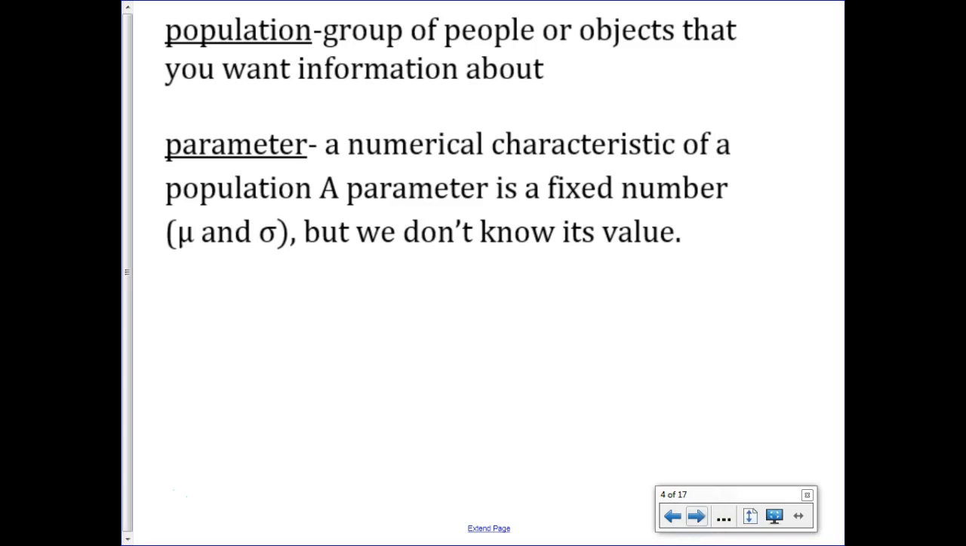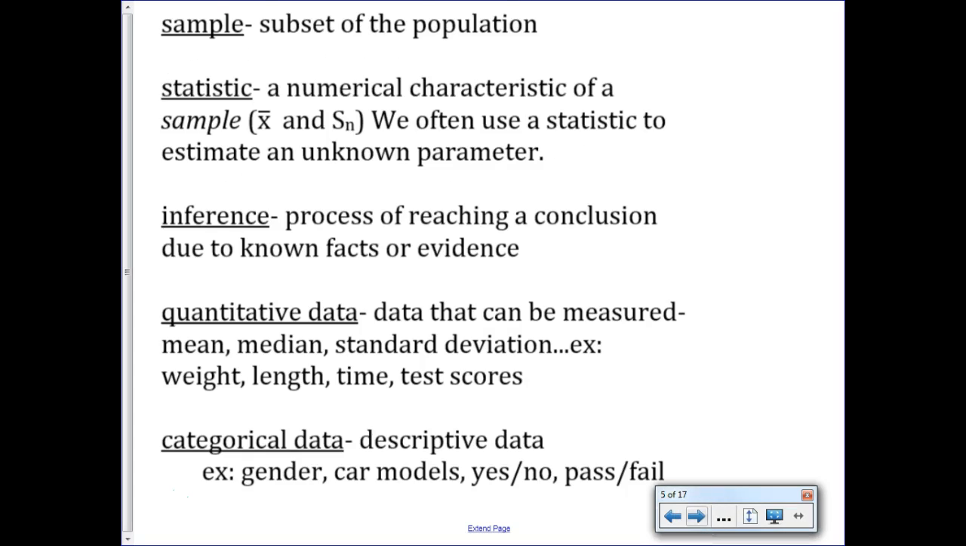So first off, a population. That's a group of people or objects that you want information about. A parameter then is a numerical characteristic of a population. So a parameter is a fixed number like mu or sigma, but we don't know its value. A sample is just a subset of the population,